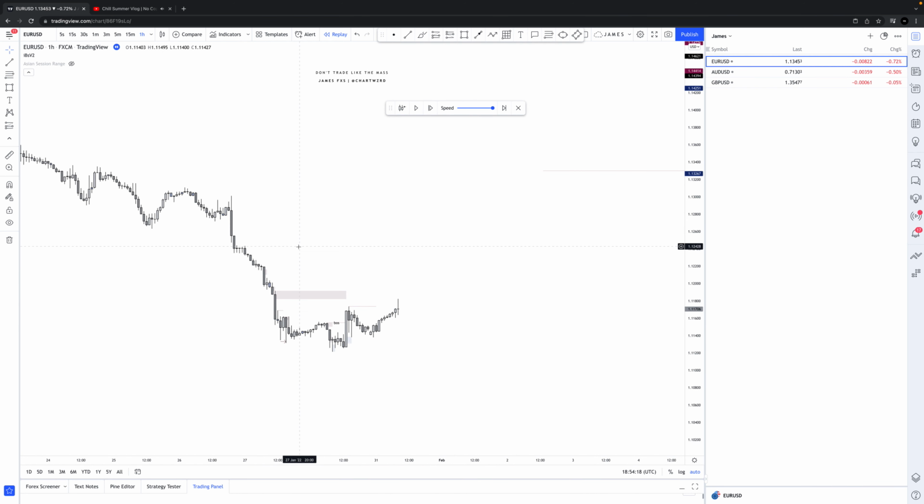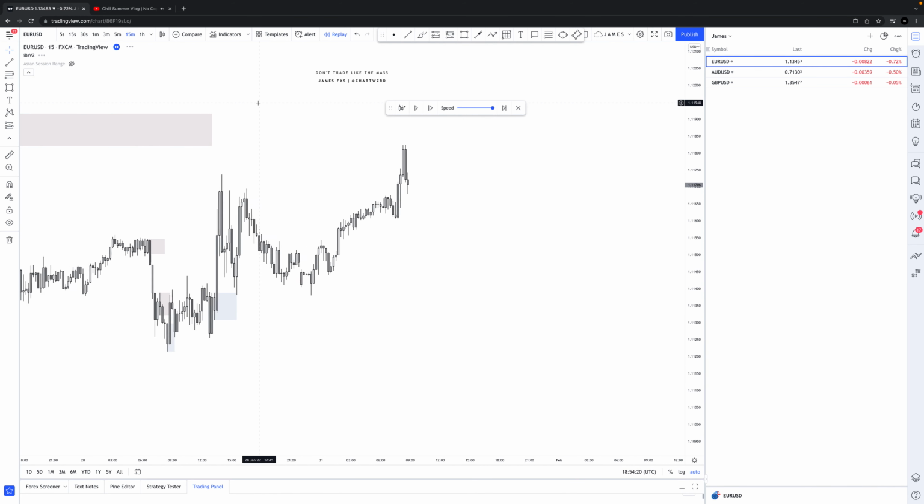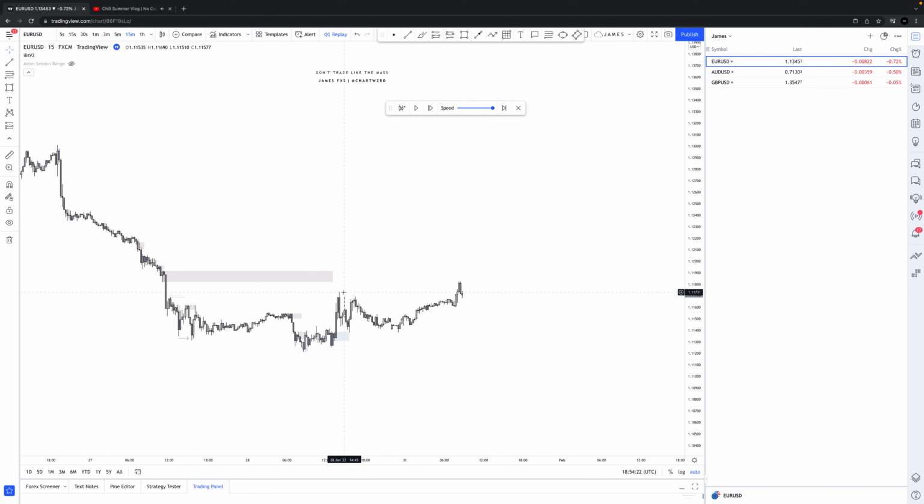Okay, and we've now taken out the high. But what is that? So we have this area of supply. Now this is where it gets a little bit interesting and a bit confusing for some, because people would be looking to sell this from here, and you're not wrong to do that, but understand that demand is now in control, and we may tap in, give lower time frame entries,